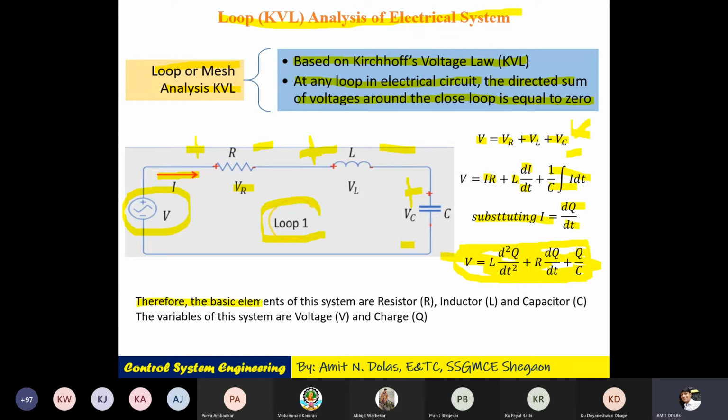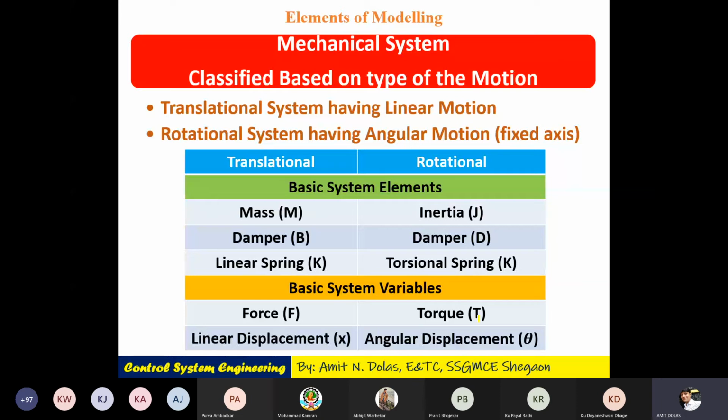So therefore, the basic elements of this system are R, L, C, of course, and the variables of this system are voltage and charge. We're going through very basic things so that solving problems based on this will become much easier. Similarly, as we have seen,